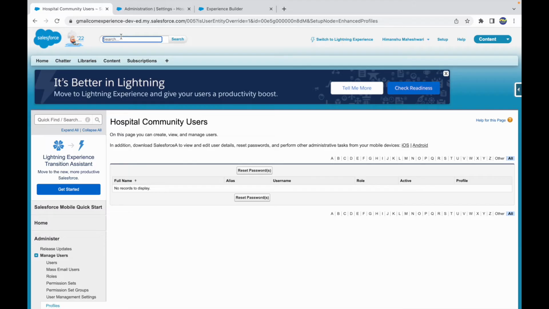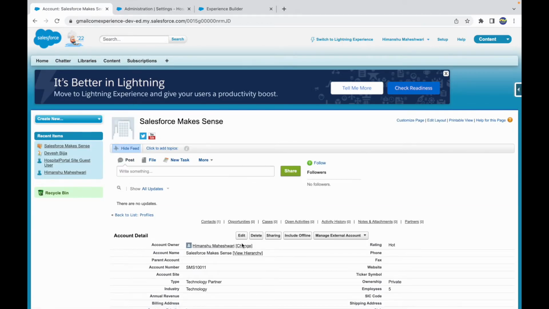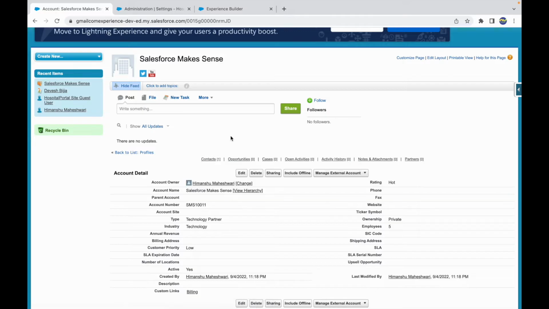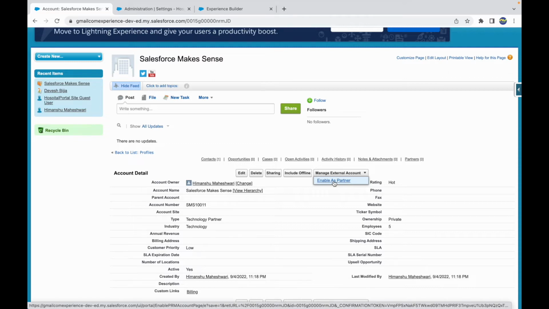What do I have to do? I have to go to the account, and then I have to associate a contact there, and I have to enable the contact as the partner user or the customer user. Right now here, if you notice, when I'm on the account record, I have an option that I can enable this particular account as a partner. Cool. So if you have to create partner users, you have to enable your account as a partner,